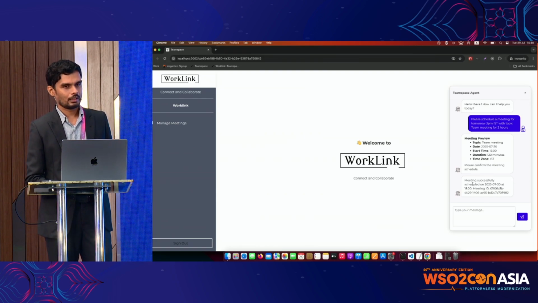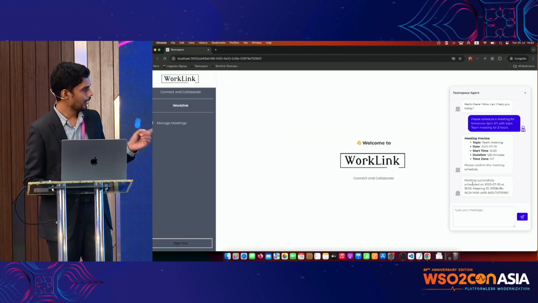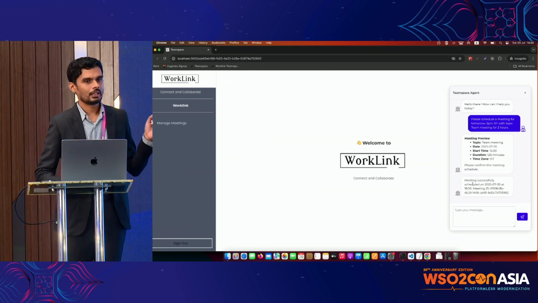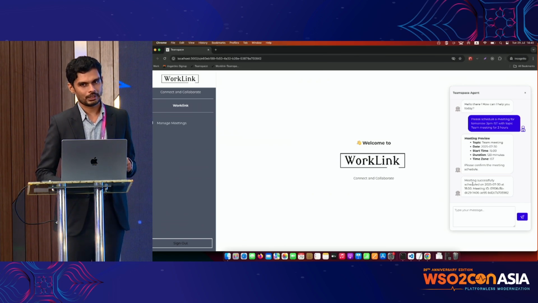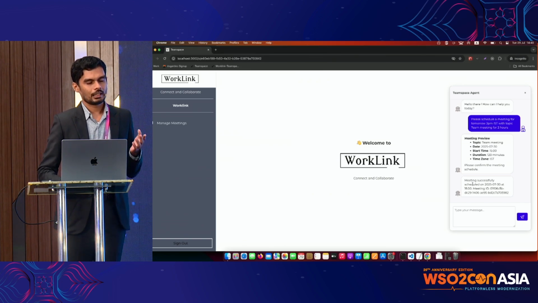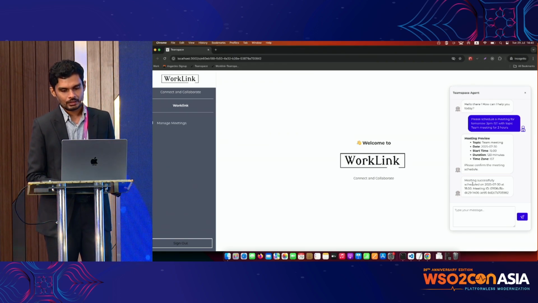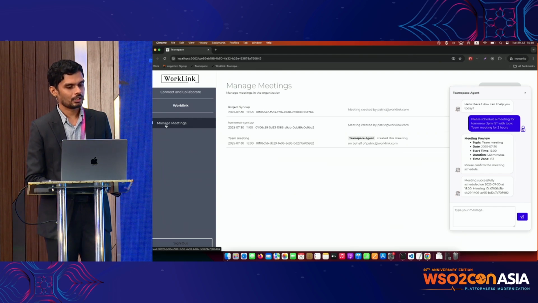Now the agent received the authorization code, and it exchanged that with Asgardeo to receive the token on behalf of me. So that's done through the OAuth2 token exchange delegation semantics. So now using that token, it created this meeting by calling the meetings API. If I go to the meetings list, we can see a